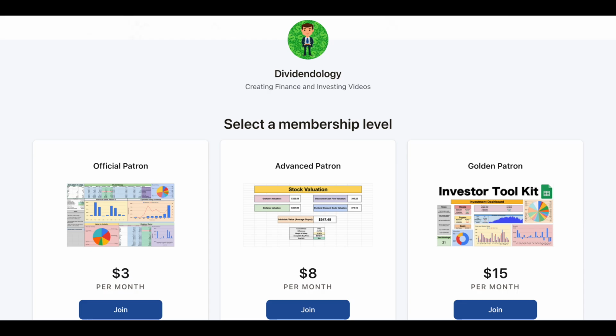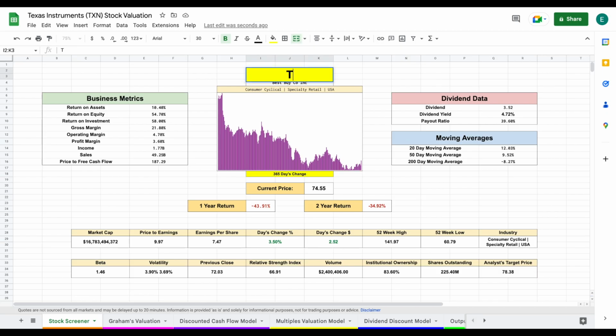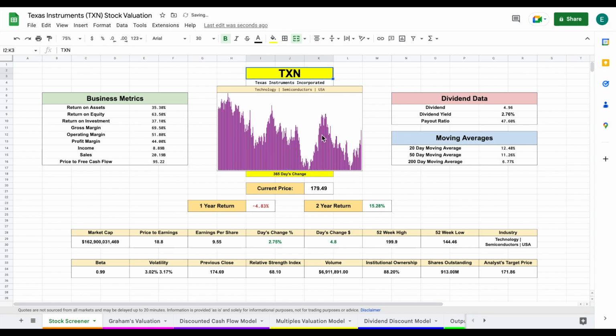Let's go ahead and come up here and we will plug in the stock ticker for Texas Instruments and hit enter. And you can see all of this data is going to automatically load in. Now we're currently looking at a 365-day change, so you can see the price has been a little bit volatile